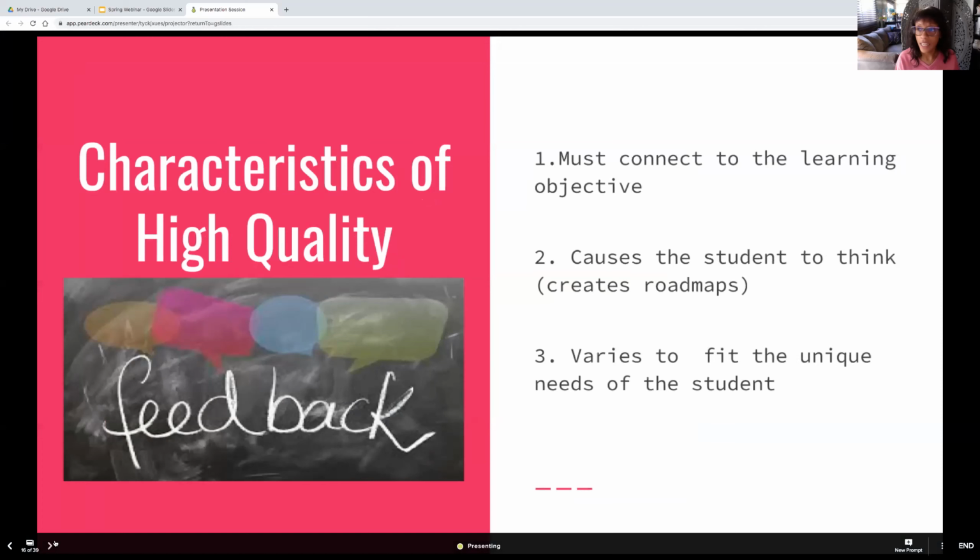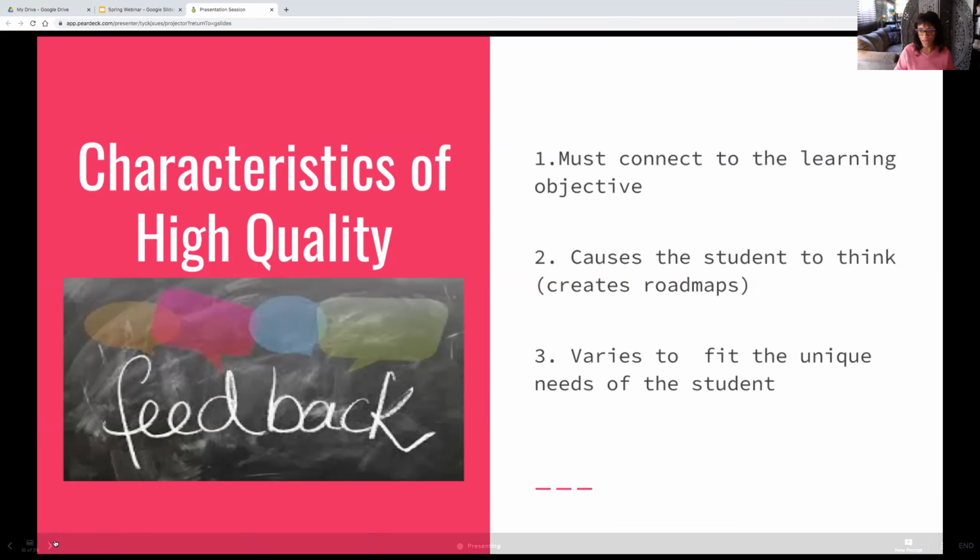The characteristics of high quality feedback. It must connect with the students, provide reflection opportunities. I think that's very important. Prevent errors and misconceptions. I think that should be done immediately. I don't think we should wait. Motivates the student. It helps build up their confidence and encourage students to learn on their own. Self-regulating. I think that's the ultimate goal in all subject matters, not just for feedback. I think that's what we want for all students. All students. Right?